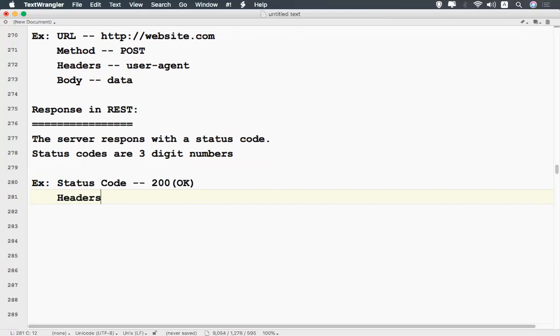And the headers, you will get the headers in the response. It will say the content type. What is the content type? Normally it will be content type text. And the same way, body contains data. So just an example, it may not be exact, but just information, like it will have status code, it will have headers, it will have body.